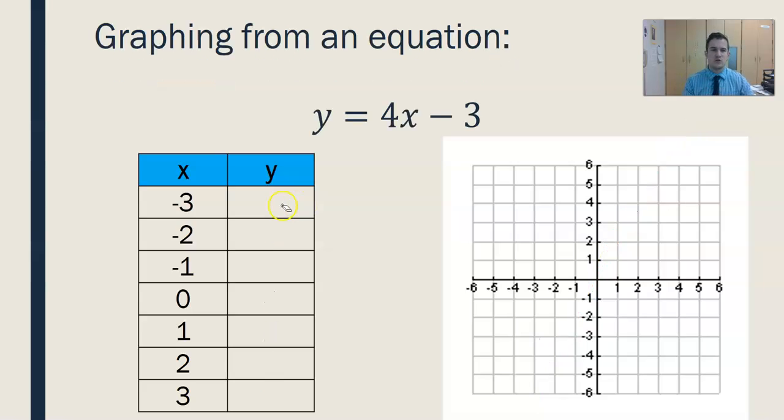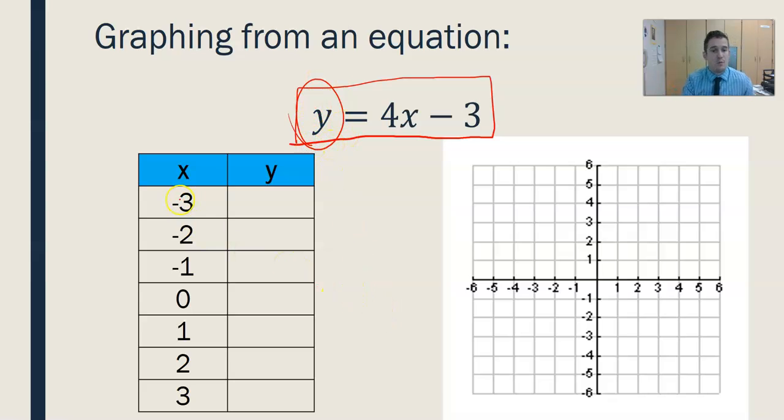Next thing that I want to address is graphing from an equation. Notice here, I don't give you any of the y values. Instead, I give you this equation with which you will find the y values. You can think of it like a machine. I'm going to put an x at one end of the conveyor belt. It's going to go through this equation, go through this machine. And on the other side, once I crunch all my numbers, I'm going to